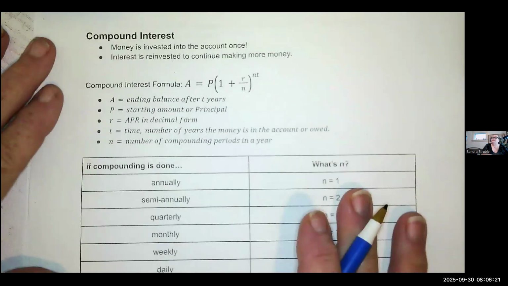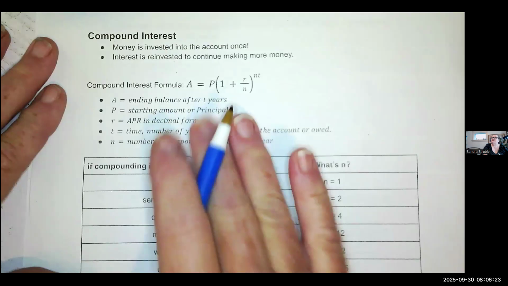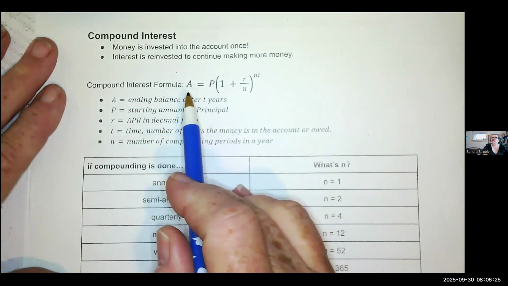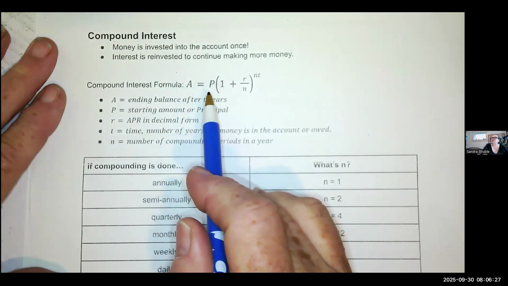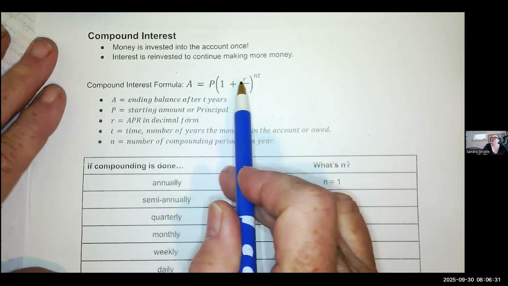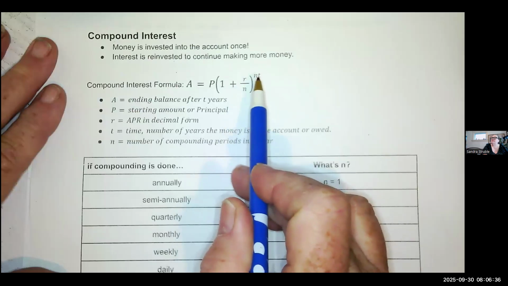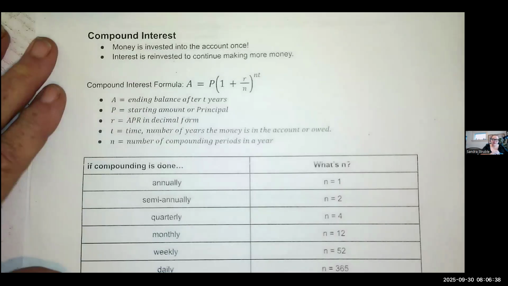All right. The compound interest formula is this. A is still the ending balance after 2 years. P is still the initial amount, starting amount, principal. Rate is still the APR or the interest rate in decimal form. T is still the time in years. N is the only thing new. And it's not even really new. We've done something like this when